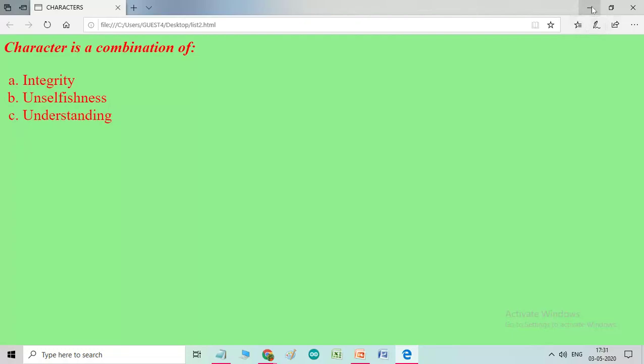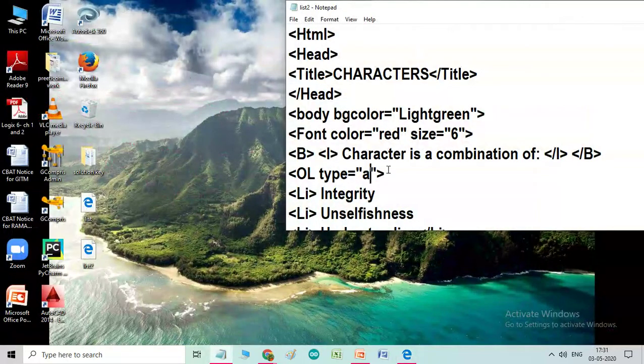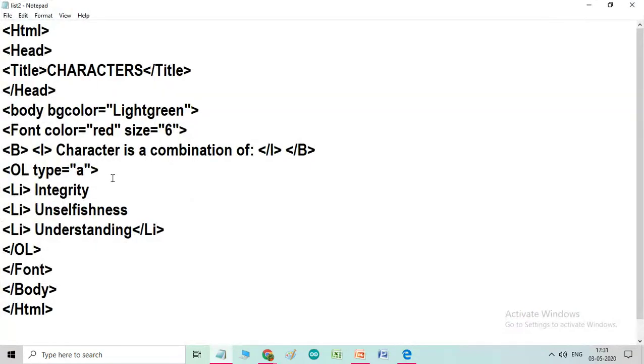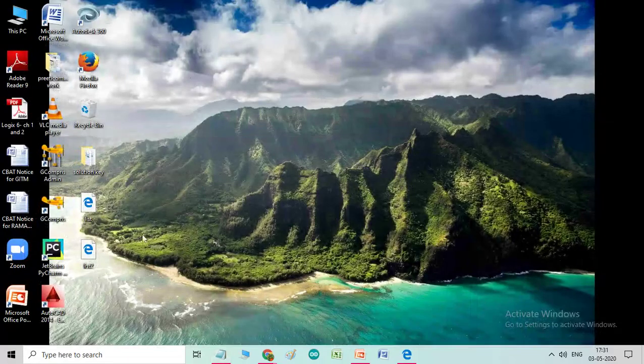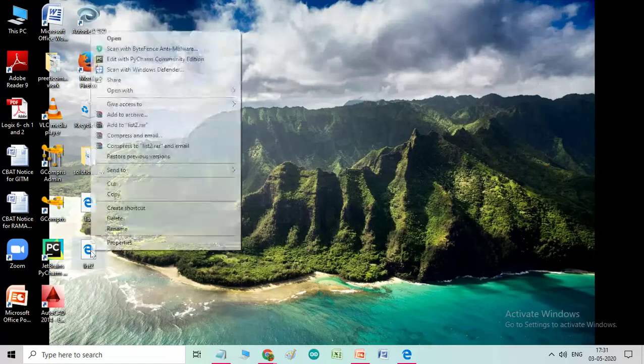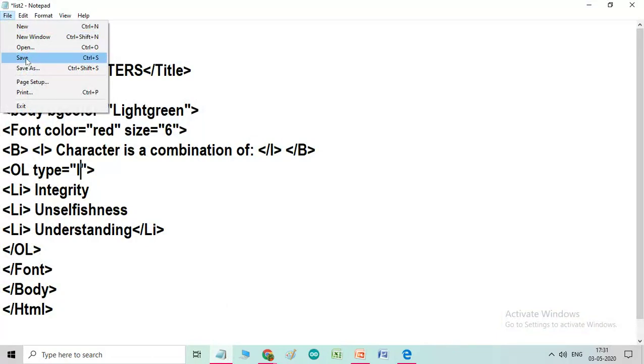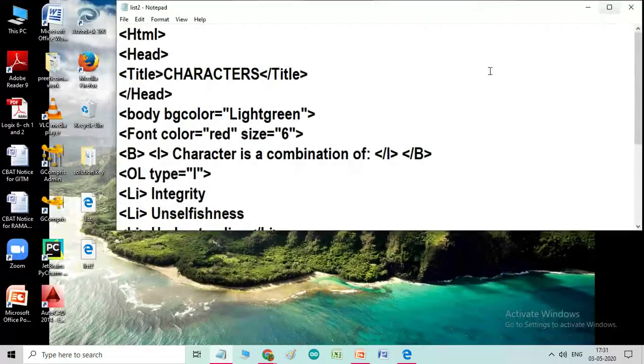I hope all of you understand. Next, now I am going to change this to a Roman number, capital Roman numbers. So I have typed alphabet I. You have to save first, because I have made a change here.